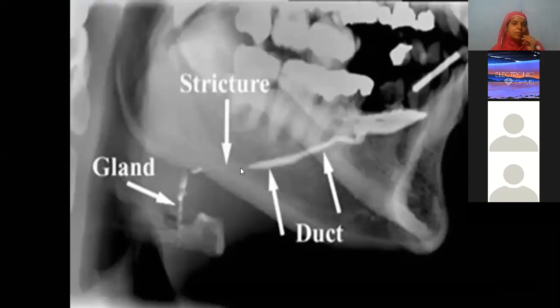The blockage is due to thickened salivary secretions. Sometimes the parotid duct may also contain strictures. What do you mean by strictures? If it becomes narrow and the lumen is becoming closed, then you call it a stricture.